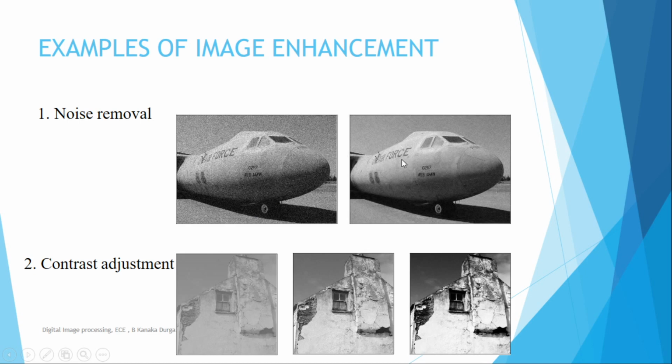We can apply low pass filtering and high pass filtering by observing where the noise is present. Depending upon that, we apply the filtering sections; band pass also we can apply. By seeing the pixel values of the noise and where they range, depending upon that only we decide which type of filter we have to apply. So image enhancement not only improves the quality of the image, it also removes the noise in the photograph.